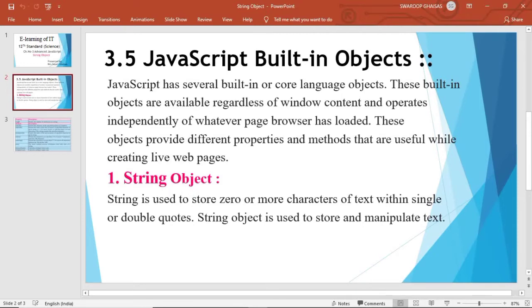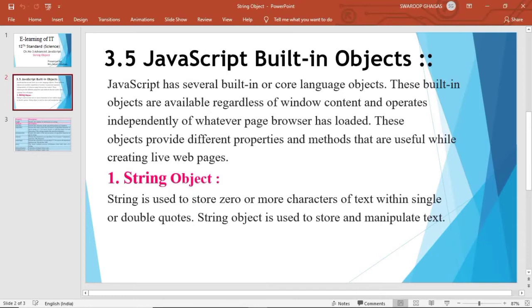These objects provide different properties and methods that are useful while creating live web pages. So one of such object is a string object.